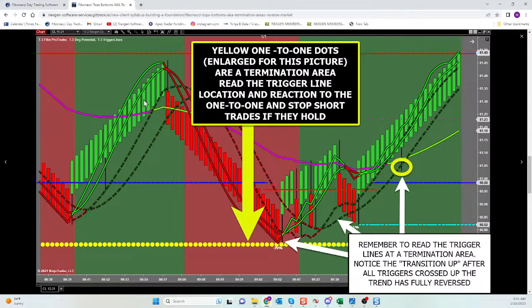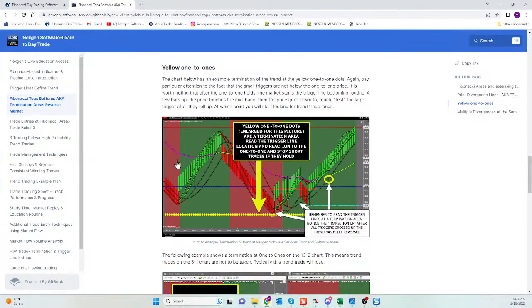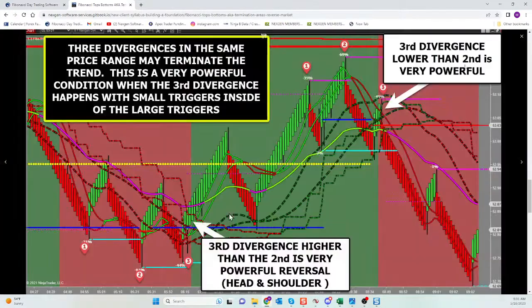And guys, sometimes the market turns. You're not going to see it on a larger, slower chart. Maybe you have a clear path and the market appears to turn out of nowhere. There's one more termination condition that I like to talk about. This is a termination condition that happens on the 5-1. It happens on every chart. But you're going to see it on the 5-1 first, guys, and it's going to help you